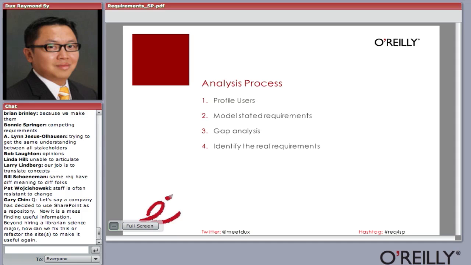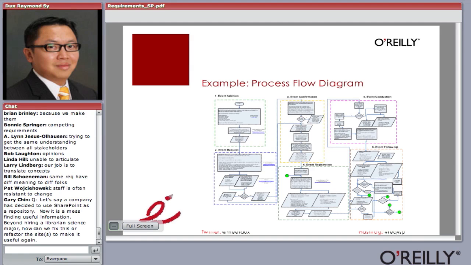Okay, who do I ask about your metrics? What group do I work with to understand how you define information, how you tag information? So then we're going to identify the real requirements. And once you do that, here's another way to model your